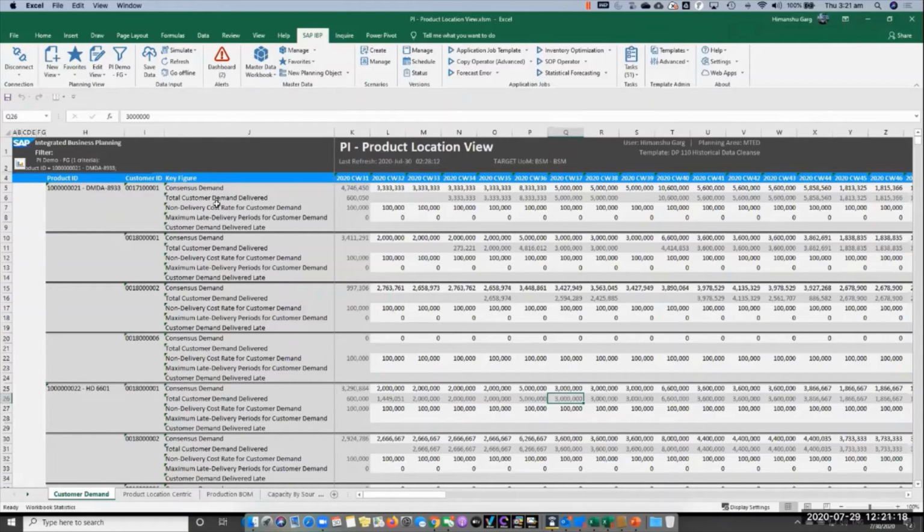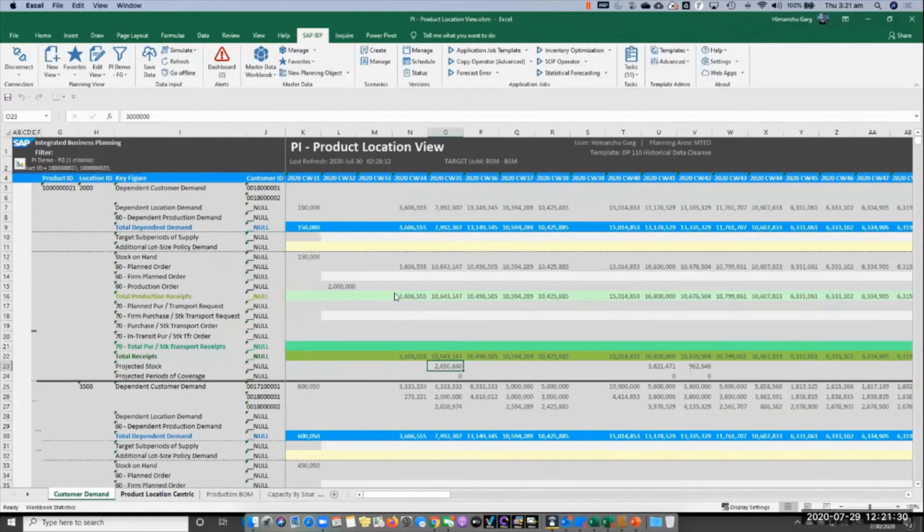Okay. Now this is the view at the product and customer level. This demand is transmitted down the supply chain upstream to the DC and further to the factory, and that information is visible on this planning view, which is at the product and location level. So different customers for this product 21 send their demand to the DC 3500. So 3500 is supplying to all the customers, and we can see here the dependent customer demand for respective customers. So we are getting the demands in respective buckets.